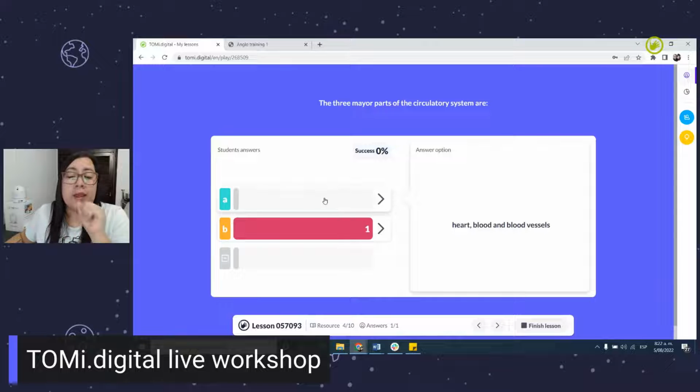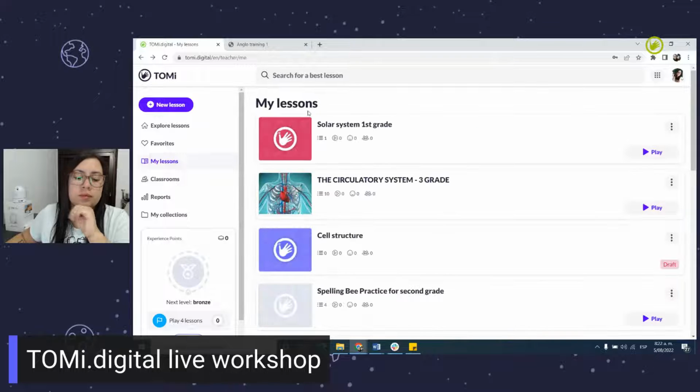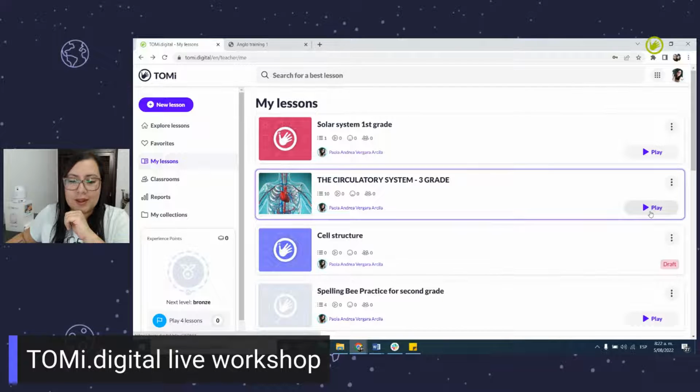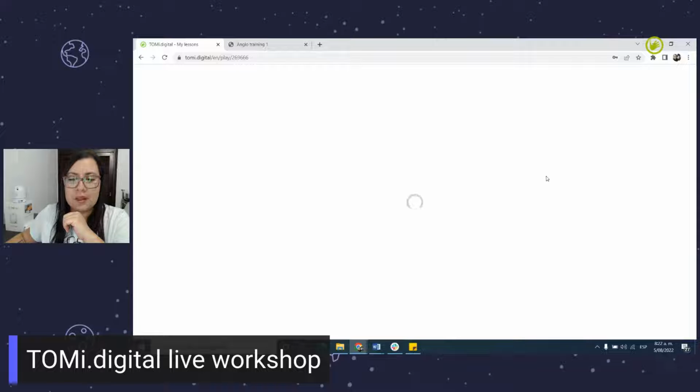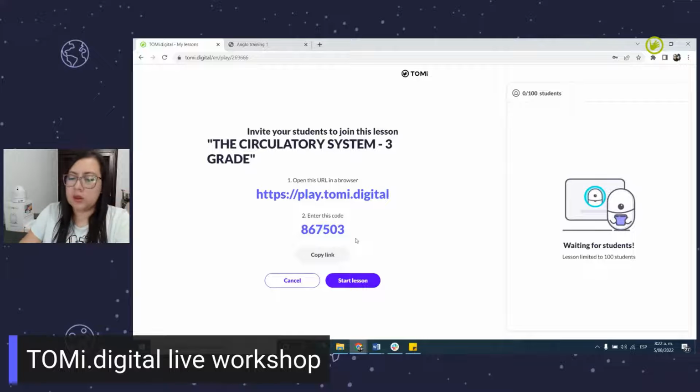So if I want to make a little brainstorm or know what my students are thinking in the middle of the class, I can go here, in the, did you see the yellow button? Okay, I got out. I'm sorry. Let me go again. You can do brainstorm, polls, and you can use a lot of tools in the middle of the class. Let me enter the class again,